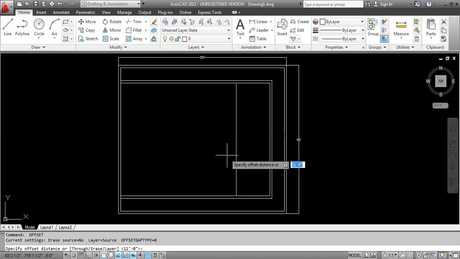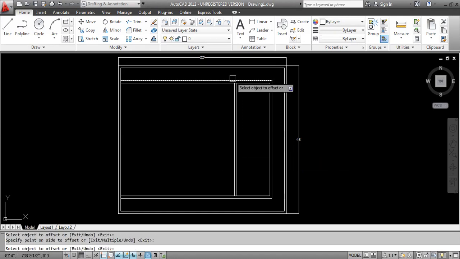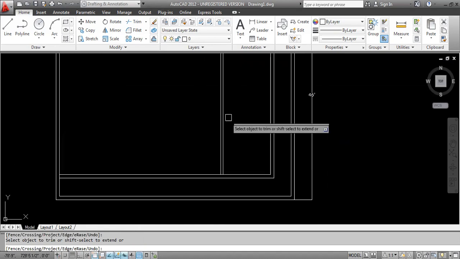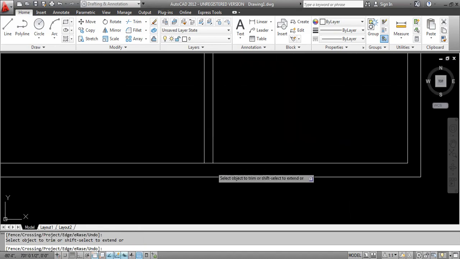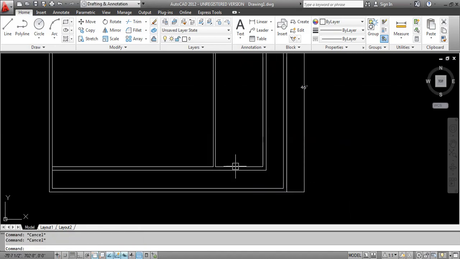Now for the inner wall size, you can give 6 inches or else 4.5 inches. Now I am giving 6 inches here. Trim. Here also the same thing, offset. Now 10 feet.